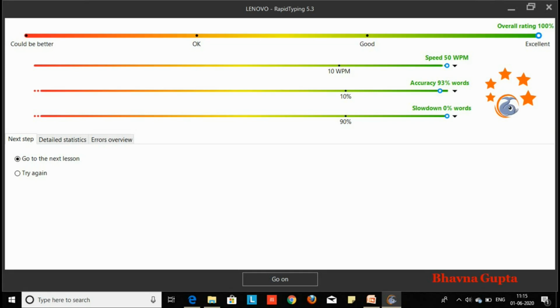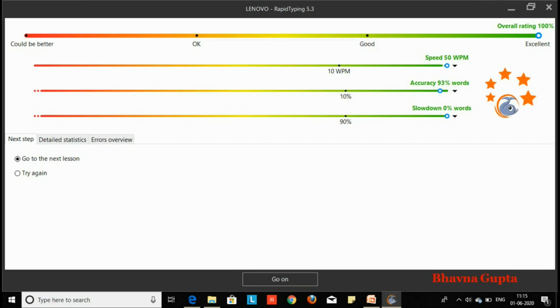The result window displays your achievement in this lesson and offers a range of further actions. You can use this window to assess your progress in touch typing.